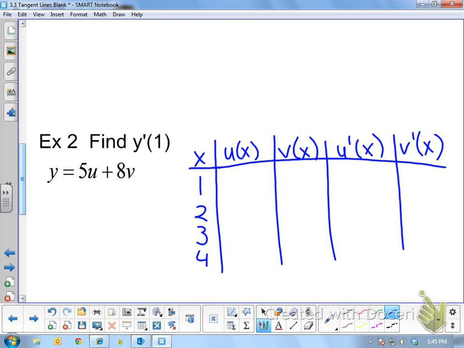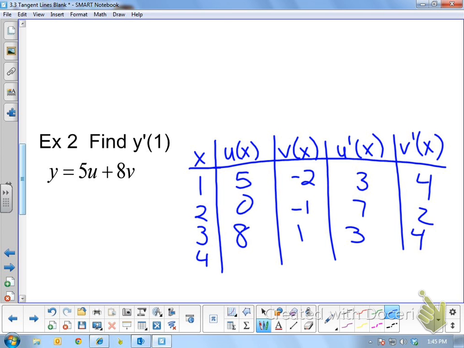What were our u prime, v prime values? U was 5. U prime is -2. U is 3. U prime is 4. So we'd have a whole bunch of values. So something like this, it's super straightforward and we wouldn't need really an entire table, which is why they don't make one. But if I did something like y is equal to h of g of x,